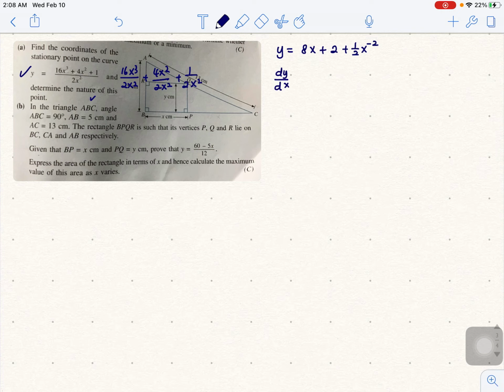I'm looking for the stationary point, and I know at every stationary point the gradient is going to be 0, because the slope is just a horizontal line towards the curve. So it's slopeless. To get the y, you substitute back into your curve's equation. So